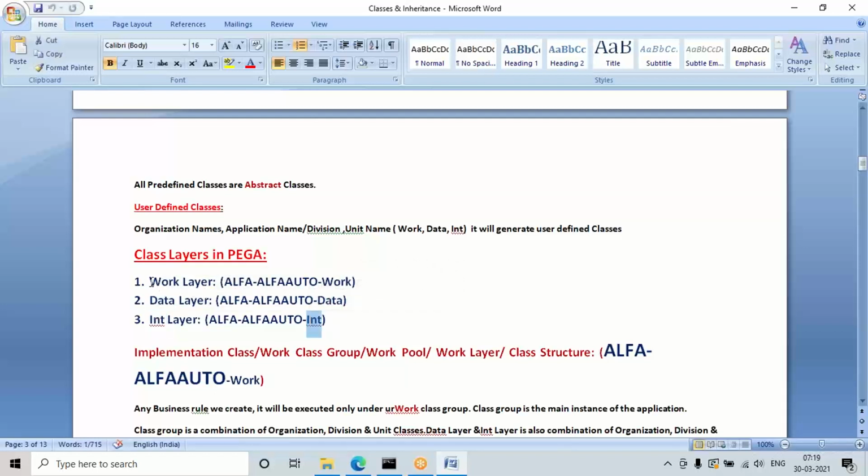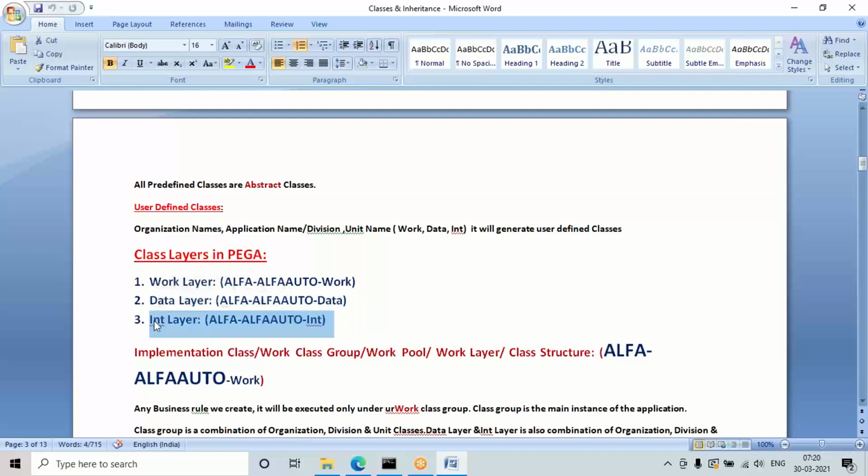The reason they divide into different layers is based on the type of design we create in the application. In the work layer, 70 to 80% of the design will be created, and tables will be created in the data layer.